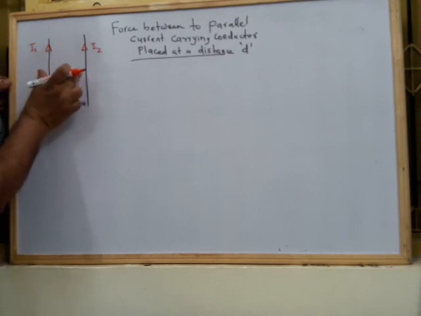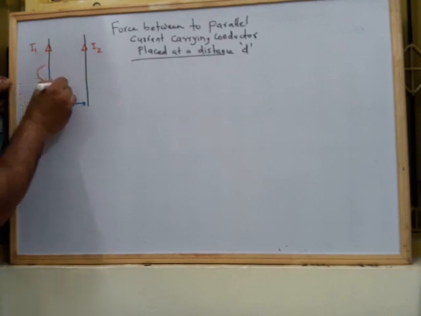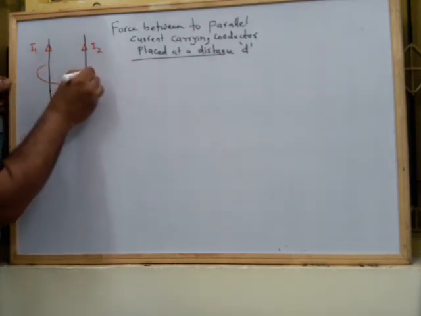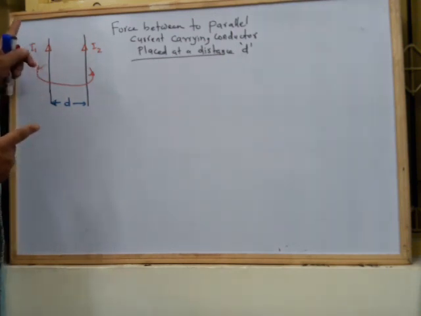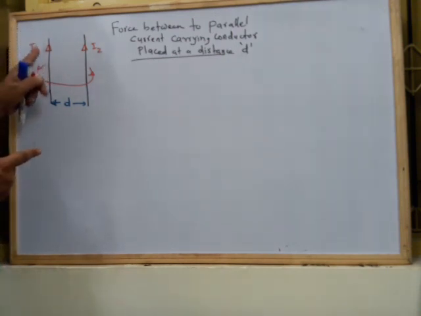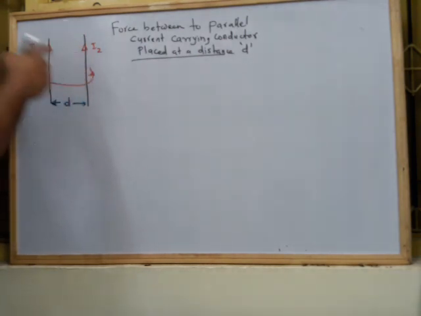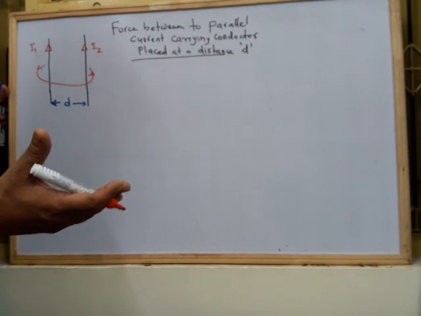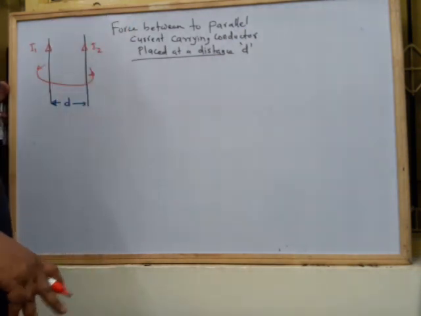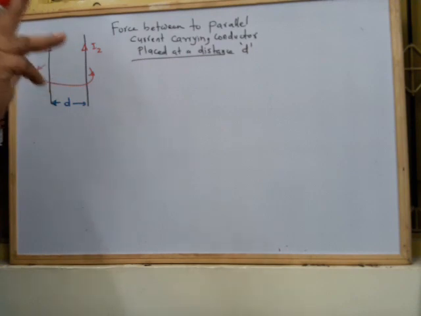If you just consider the field to be very big, then you can say the curling fingers are the magnetic field pattern, meaning this is going inside. First of all, consider this wire: the current in this wire produces a magnetic field around it, and in this magnetic field this wire is kept. So you all know from the first concept that whenever a current carrying wire is kept in a magnetic field, it experiences a force given by F equals I dL vector cross B vector.